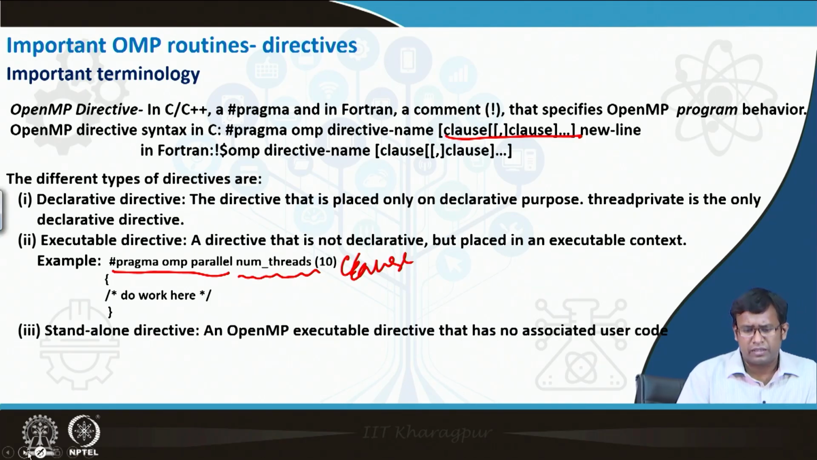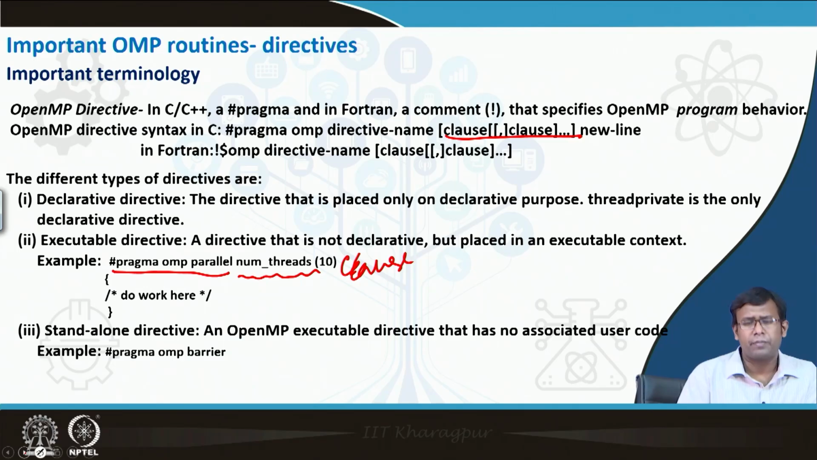Standalone directive: we can see that the earlier directive has associated work with it. A part of the program is associated with that directive. In case there is no program associated with the directive, but it is still an executable directive, we call it a standalone directive. Only the particular statement, hash pragma OMP something, is sufficient for that directive. It does not require any